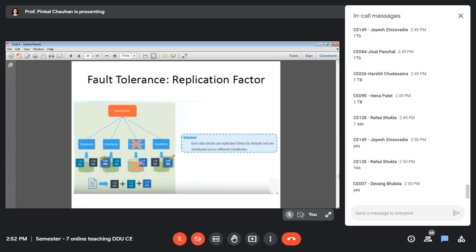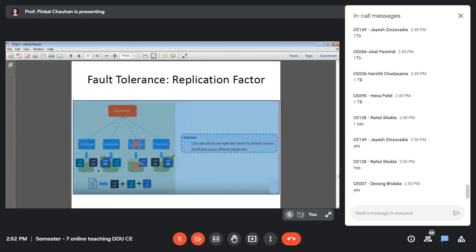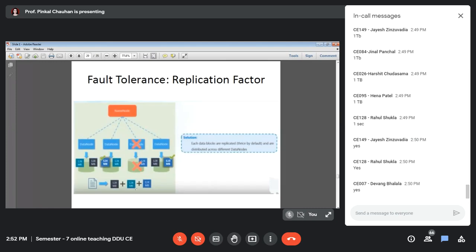You can see here that the first 128 MB block, right now the entire cluster is not shown here, only 4 data nodes are shown, so part of the cluster is visible. The dark blue block, the first 128 MB block, is stored at this data node and at this data node. The second green 128 MB block is also stored at 1 and 2.